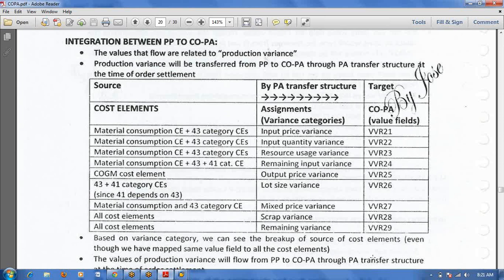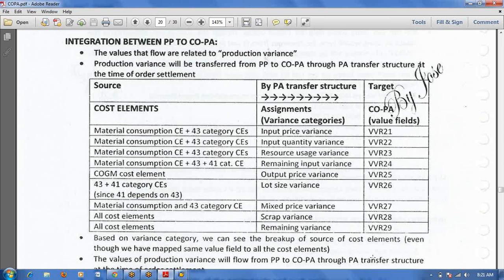Suppose you have posted any value, revenue, sales. I will tell you. Suppose you posted revenue amount in VF01. Revenue amount in both modules it will generate, in FI also and COPA also. Same way COGS also will generate in both sides, FI and COPA.